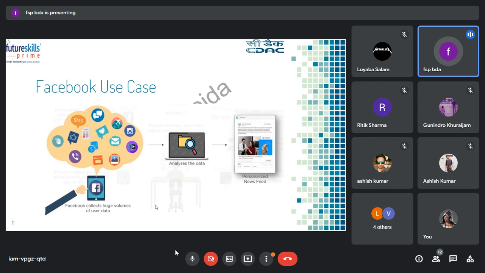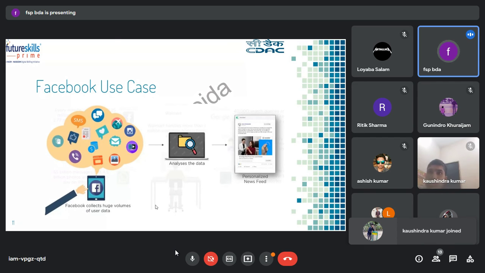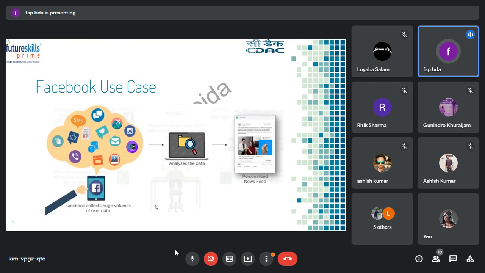Next time you log in and scroll down on your Facebook page, you will see that Amazon advertisement is on your Facebook page. So it tracks your cookies.